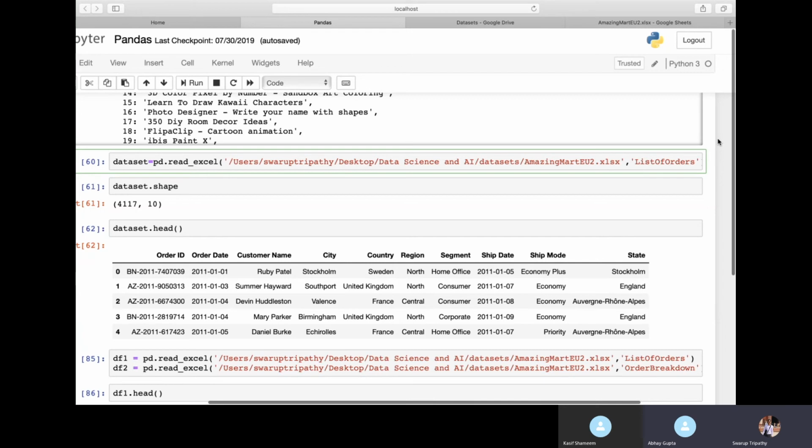Yes, you have to mount the Google Drive, then read from the drive, because that instance will be dead now. It is only for that specific instance, so you have to do it every time. Okay.